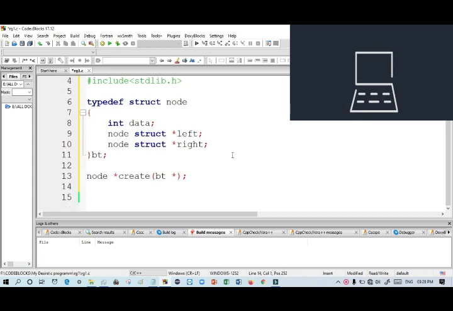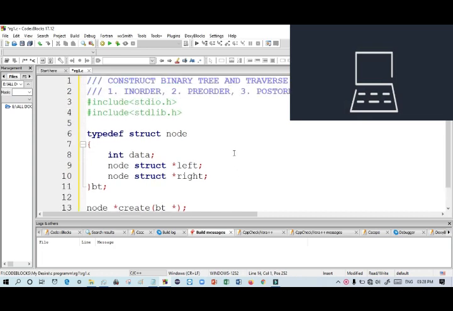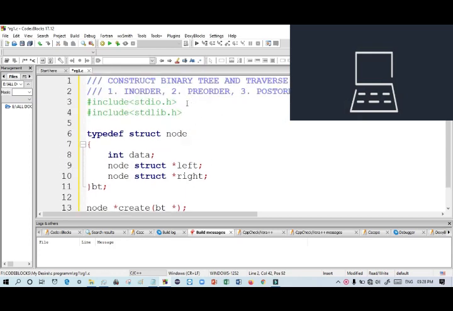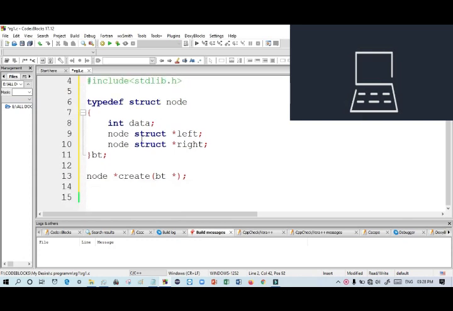After that, as I said earlier, in-order, pre-order and post-order traversal, we have to use three ways. So we have to declare these functions also, and the return type would be void. You can return boolean, whatever you want, I use only void, which means nothing is returned.